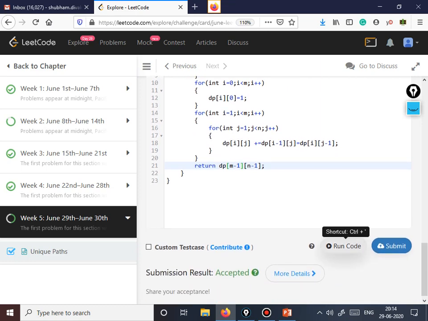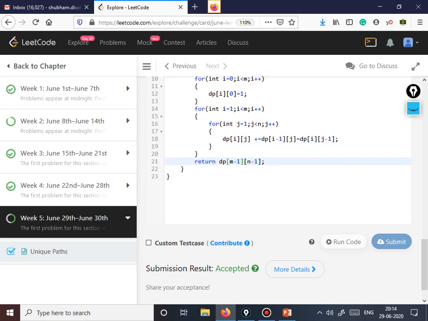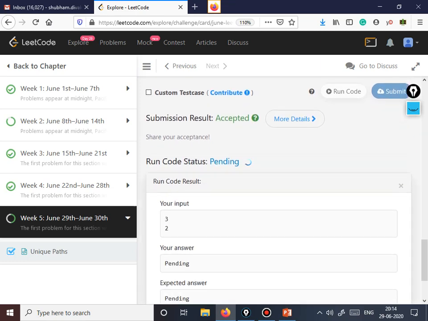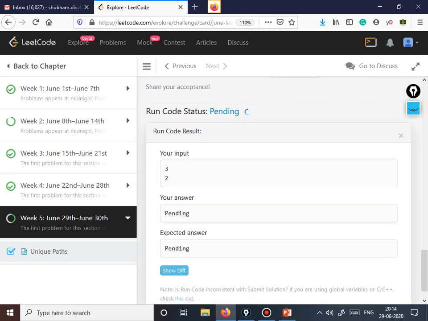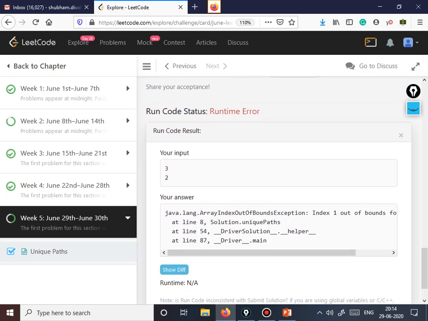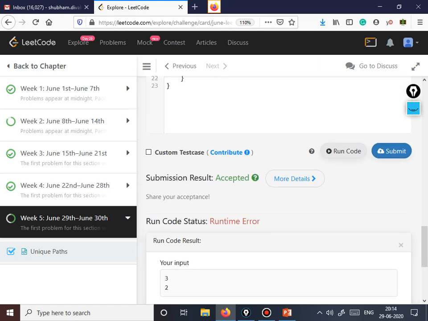So let's run and check how this goes. It's taking a long time. Index out of bounds.